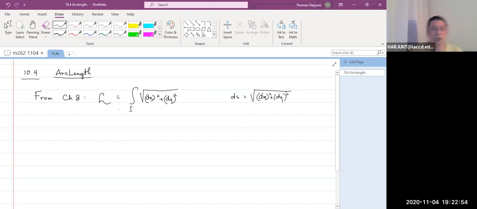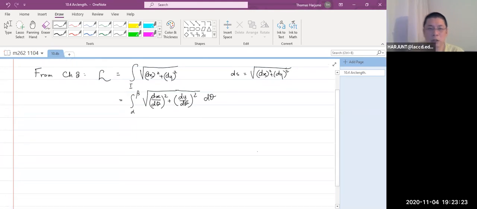Just like the parametric equation, we will actually change this into alpha to beta for the theta, and we do the derivative with respect to theta, multiplied by the differential of theta outside. So what we are going to do is to build what this formula will look like when it comes to the polar coordinate system. So we know that x equals r cosine theta, where the r is a function of